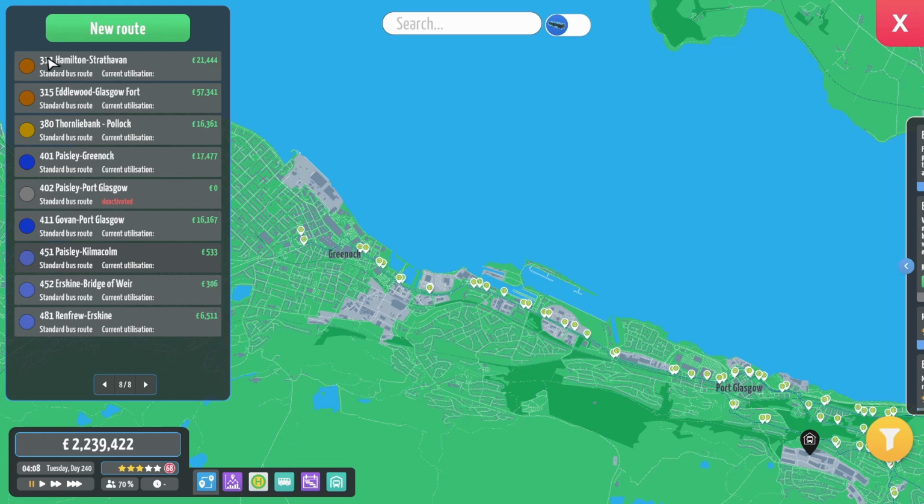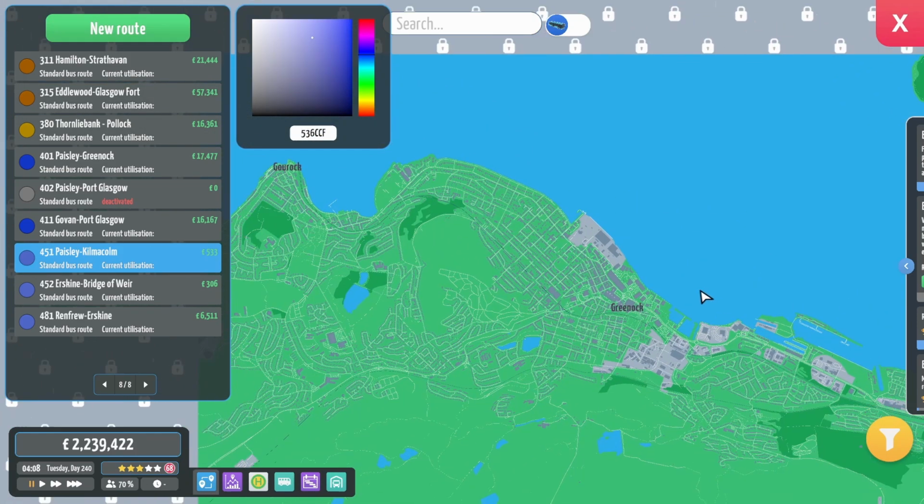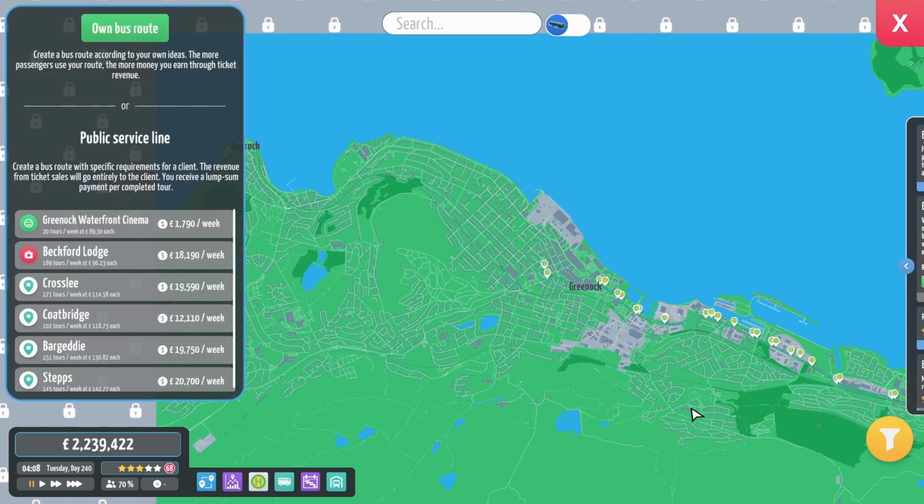And I've made some changes to the 311, Hamilton to Strathaven, which I will cover after the next route, which will be the 415 or the 412 or something like that. Or the 405, maybe. No, not 405. I'm going to keep 40s to, like, absolutely very mainline services. So this will be the 415. And it'll run from...